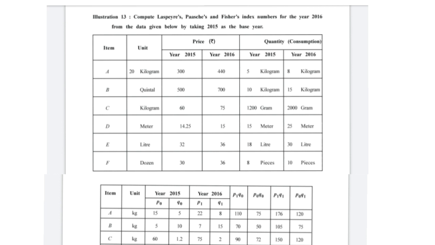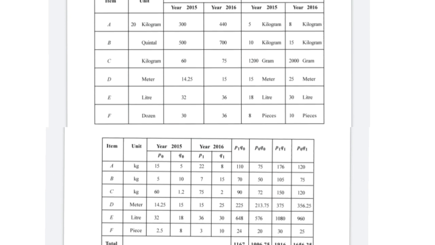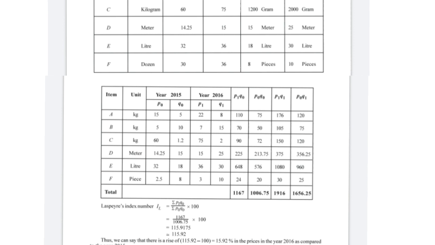See, 30 upon 12 if we do, we'll get 2.5. 36 upon 12 we will do, then we are getting 3. So you can see you are getting an exact number. 8 divided by 12, I think you will be getting 0.6667, something like that. 10 upon 12, once again the decimal will be continuous. So be careful with that while changing the amounts.